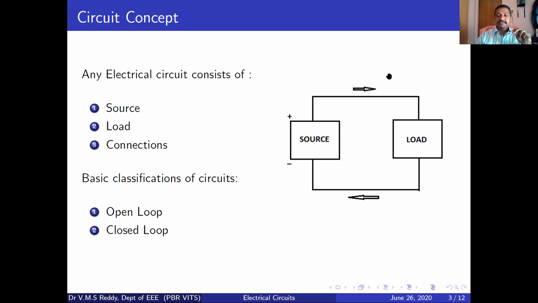When we connect between the source and load, that is a closed loop. In control systems it is different, and there is a difference between open loop and closed loop there. But in circuits, generally, open means there is no connection. Closed means the wires are connected between the source and load; such circuits are called closed loop circuits. Finally, we conclude that every circuit should contain two elements, source and load, and these two should be connected by wires.